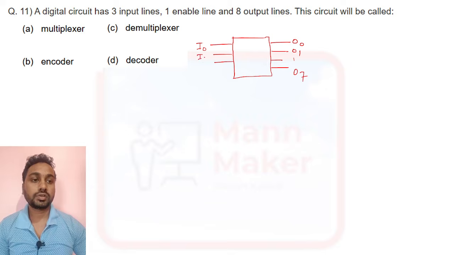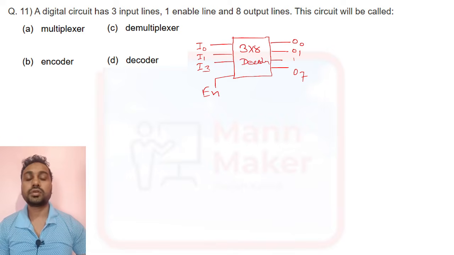In that, I0, I1, I2 input lines are there, and one enable line is also there. So it is called a 3 into 8 decoder. In a decoder circuit, we have n